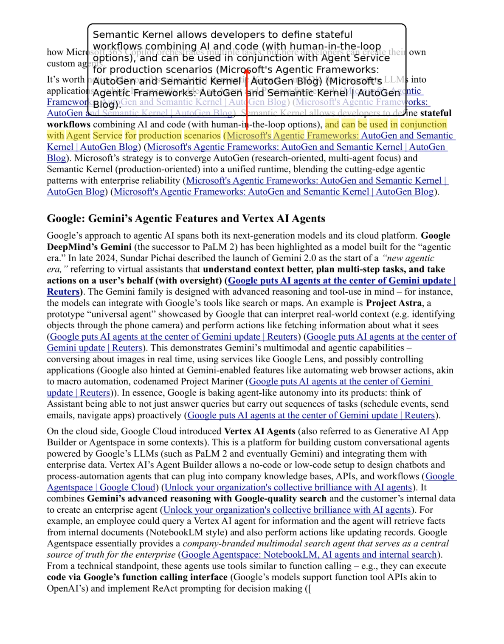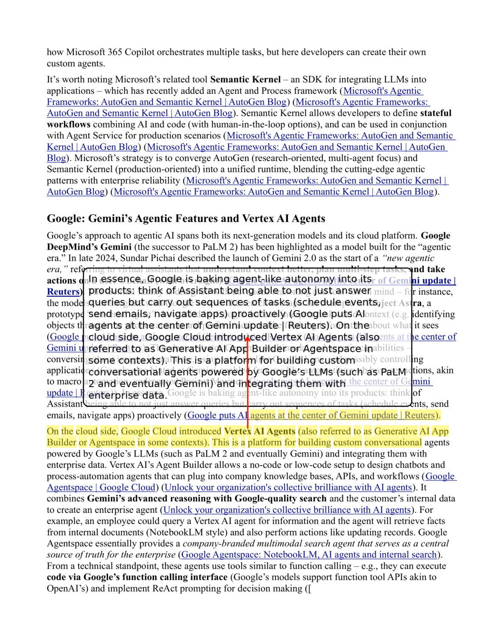Now, we can't talk about AI without mentioning Amazon. What's their take on agentic frameworks? So, Amazon's approach is centered around Bedrock, which is their managed service for foundation models.